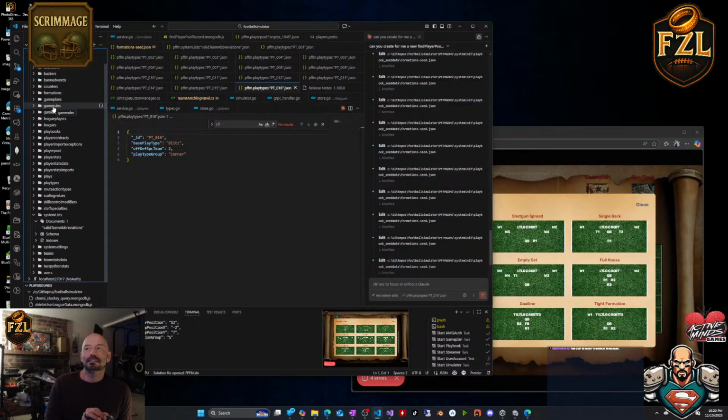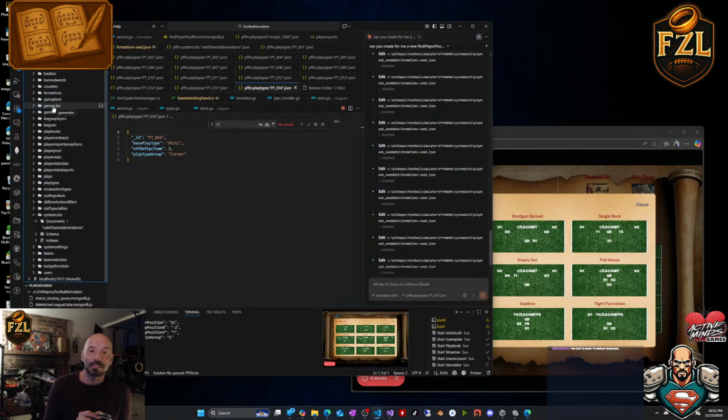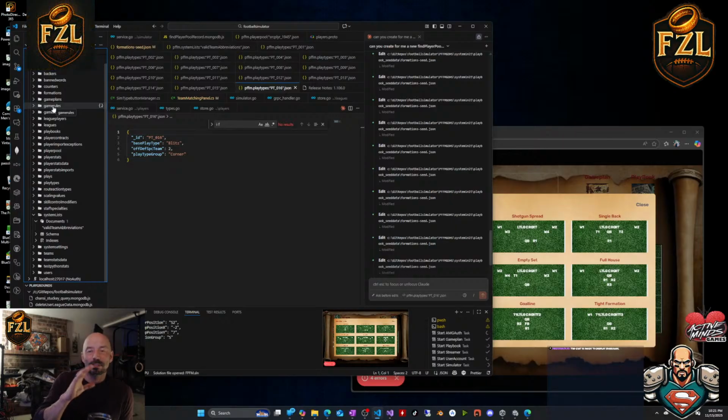But I can eventually add in something that lets you actually tweak that stuff. Again, I'm not a huge fan of that because when you play with other people, you want everybody to be playing under the same set of rules. And having people customizing, then you're like, oh, I'm joining this league that's got this weird set of rules, you know. But when you go to join a league, I want you to be able to join that league. You're basically taking on a team. You're not bringing your own team with you, but you're taking on a team when you join it. And it'll tell you what the rules are,